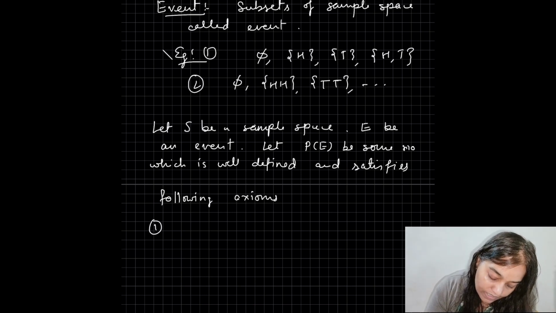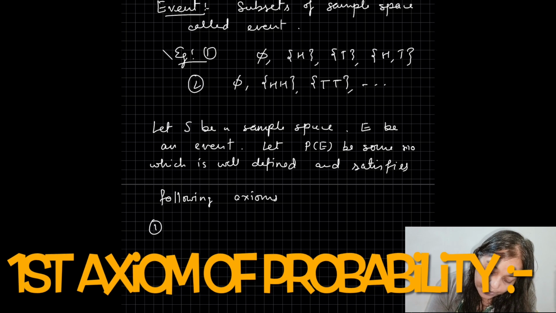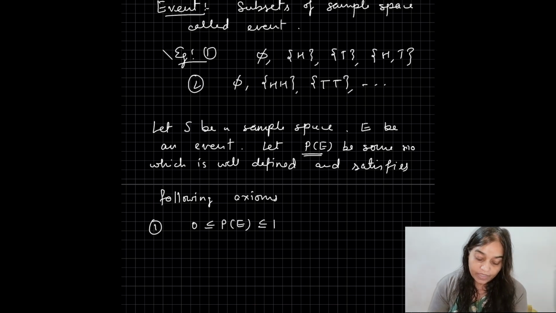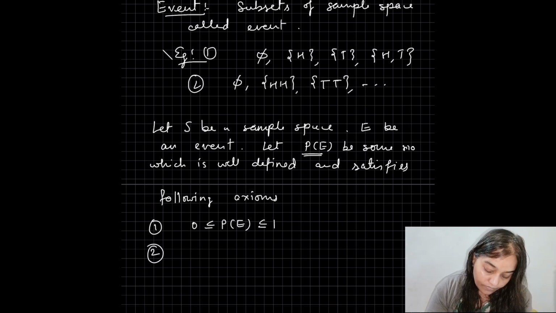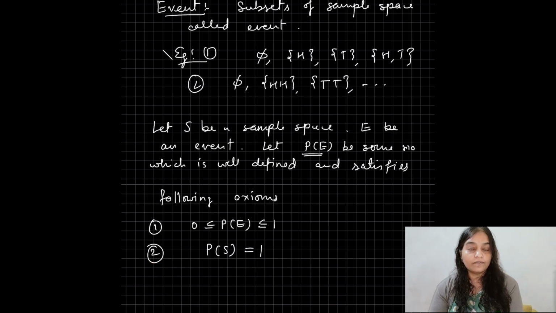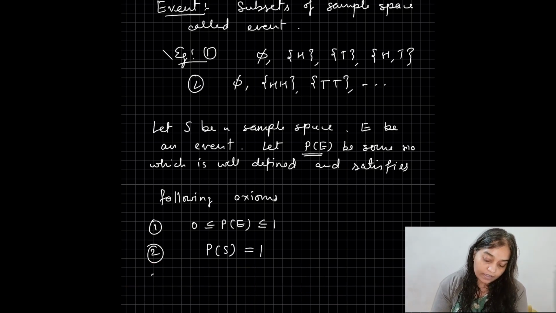That is called axioms. So the first one is this: P of E is always in between 0 and 1. Second, P of sample space is always 1. And third is